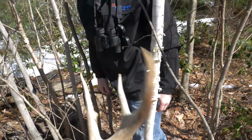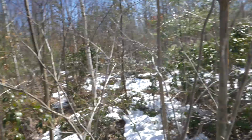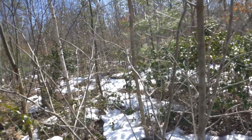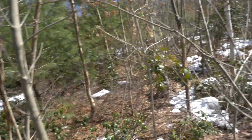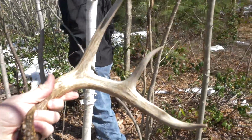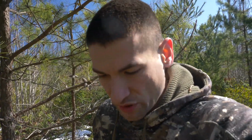Sweet. So we actually found just some areas where the deer were pawing. I said this is the kind of area when you find that type of sign that you want to slow down and look. And 20 yards later we found it. So when you're shed hunting, one of the things I try to focus on is just finding an area where there's a lot of deer sign, both old and fresh,